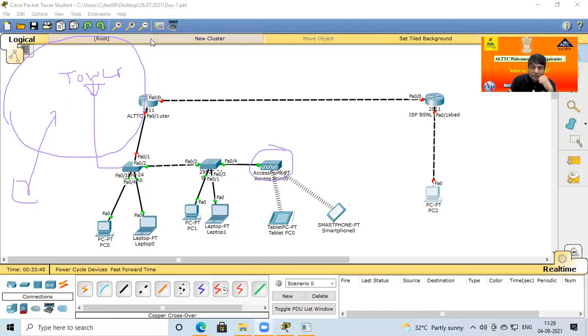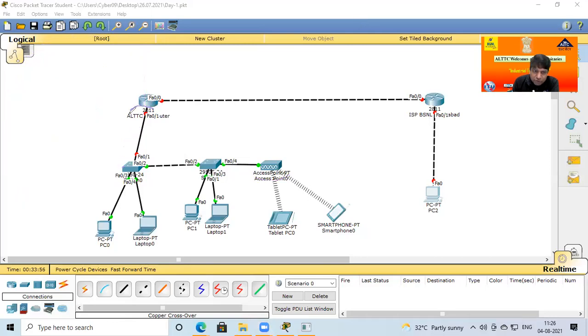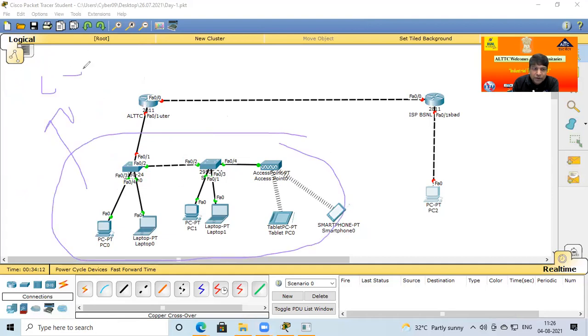And another thing, what is the meaning of LAN? Already explained in the last session, 2 days before. What is the meaning of LAN? The meaning of LAN is very simple: a router port is known as a LAN. So if I ask all of you how many LAN connections are in this network, you can say this is one LAN, LAN 1, and this is another LAN, LAN 2, and this is another LAN.